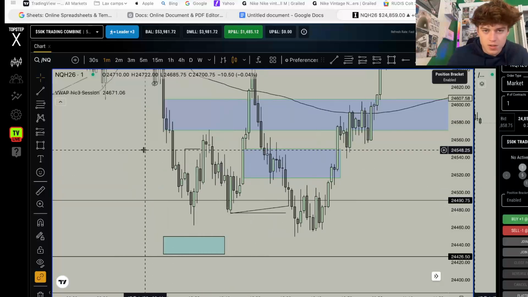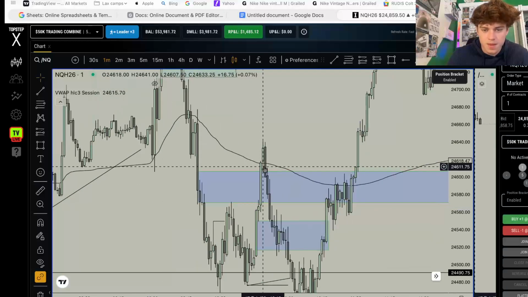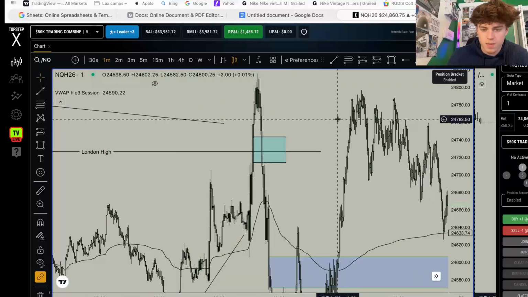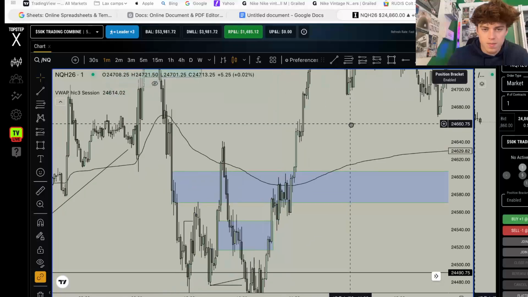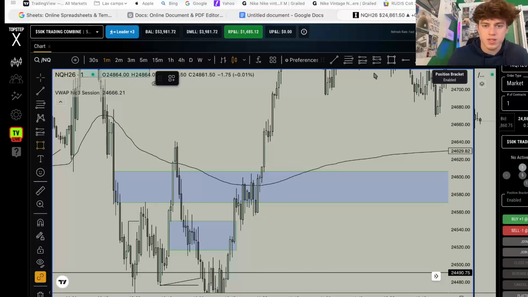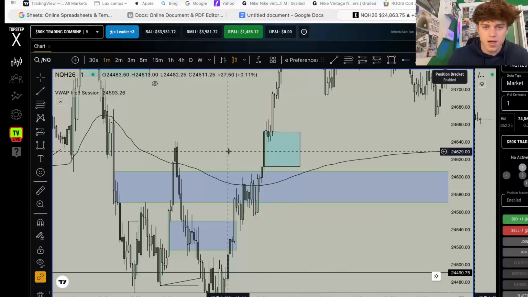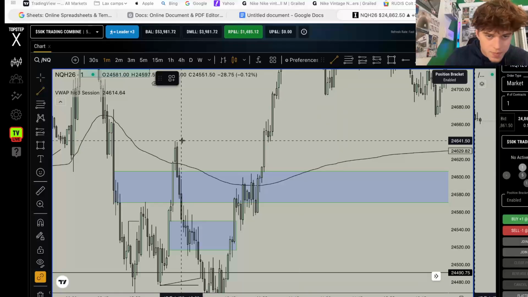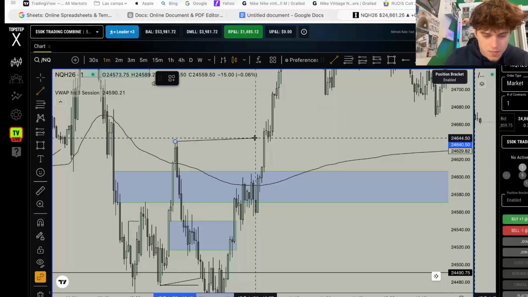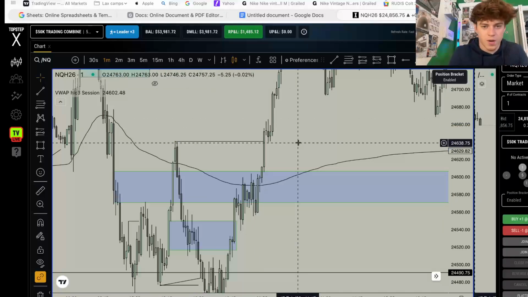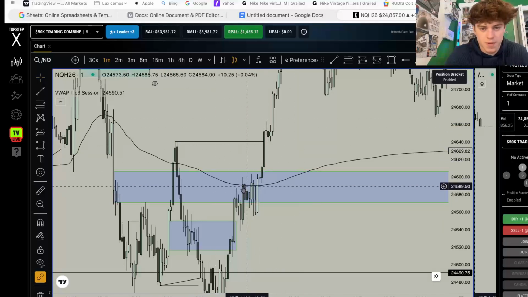There's not too many like super good examples of this happening today, but just to show you guys that proof is in the pudding, let's find 11 o'clock. 11 o'clock is right here. This is the 11:01 candle right here, right? With this box. See this high right here? We're trending up towards it, and we took out lows. Pretty obvious that we're going to hit this at some point. We don't know when it's going to hit it. It's just bouncing around in here.